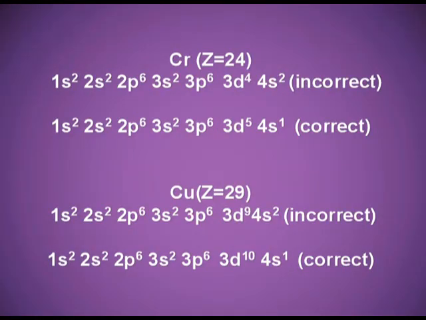Chromium, atomic number 24. Keeping in mind all the first 3 rules, that is the Aufbau principle, Pauli's exclusion principle and Hund's rule, the electronic configuration of chromium comes out to